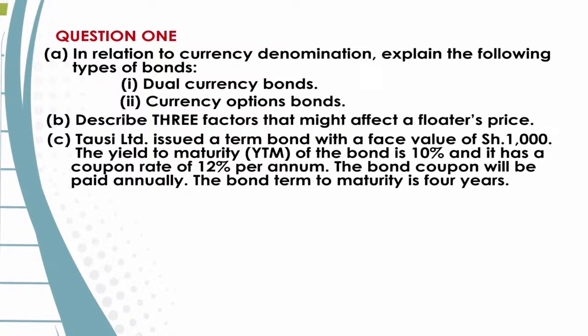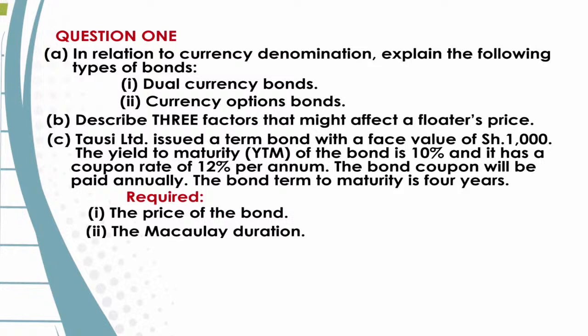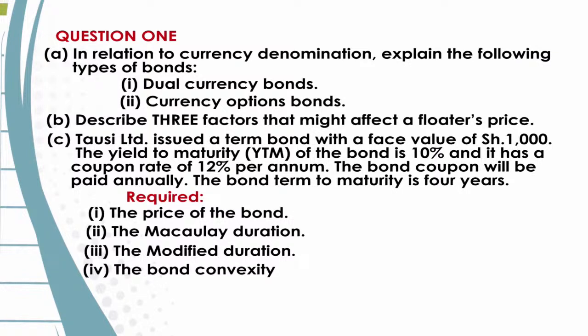Tausi Limited issued a term bond with the face value of 1,000 shillings. The yield to maturity of the bond is 10% and it has a coupon rate of 12% per annum. The bond coupon will be paid annually. The bond term to maturity is 4 years. Required, Roman 1. The price of the bond, 3 marks. Roman 2. Macaulay duration, 2 marks. Roman 3. The modified duration, 2 marks. Number 4. The bond convexity. This is August 2023 question